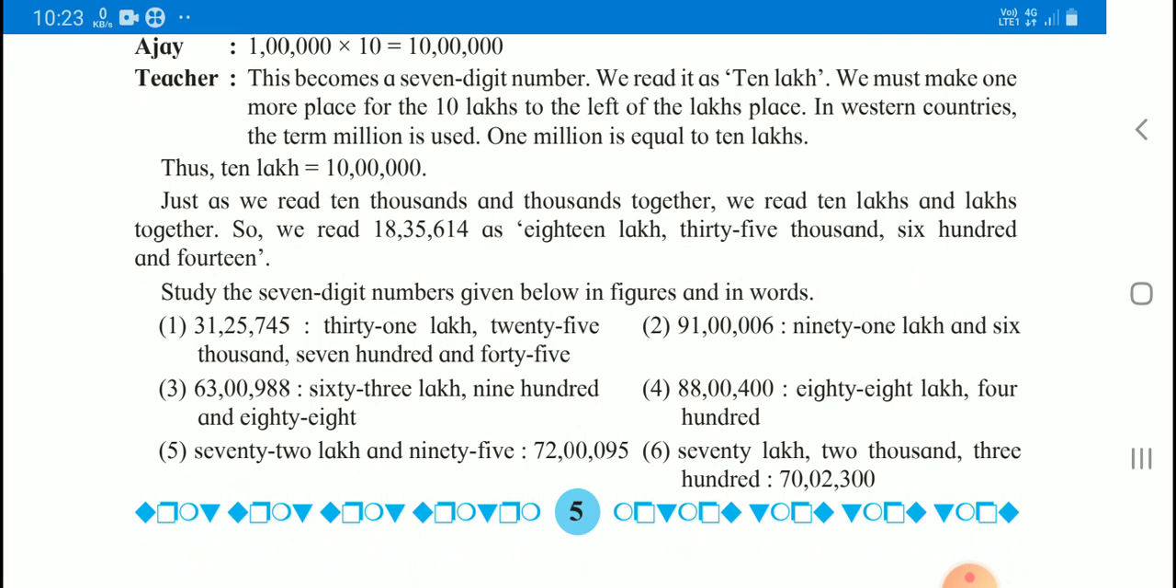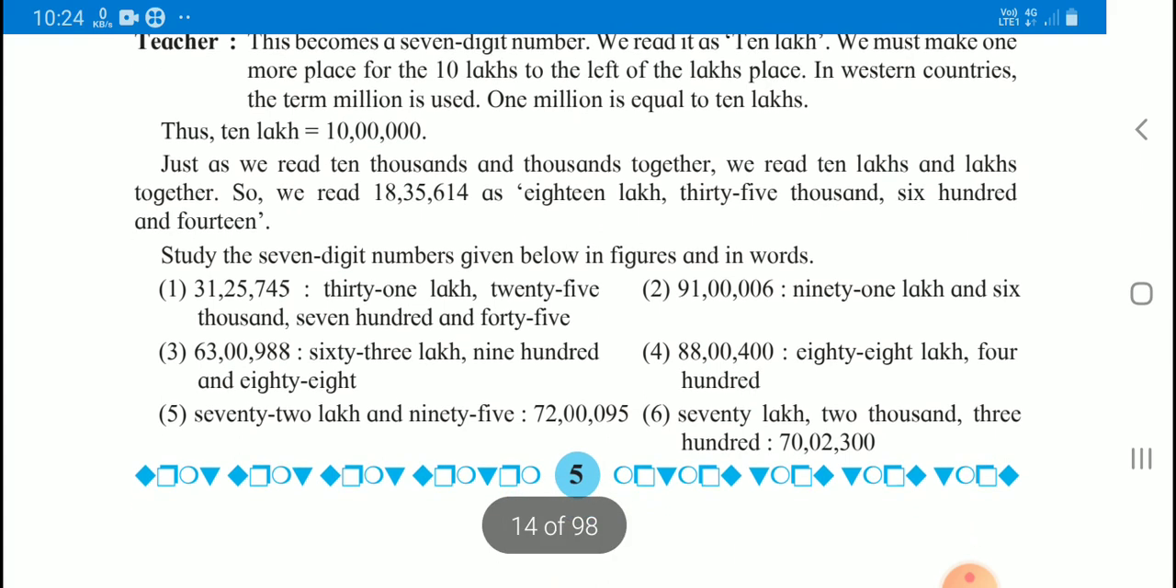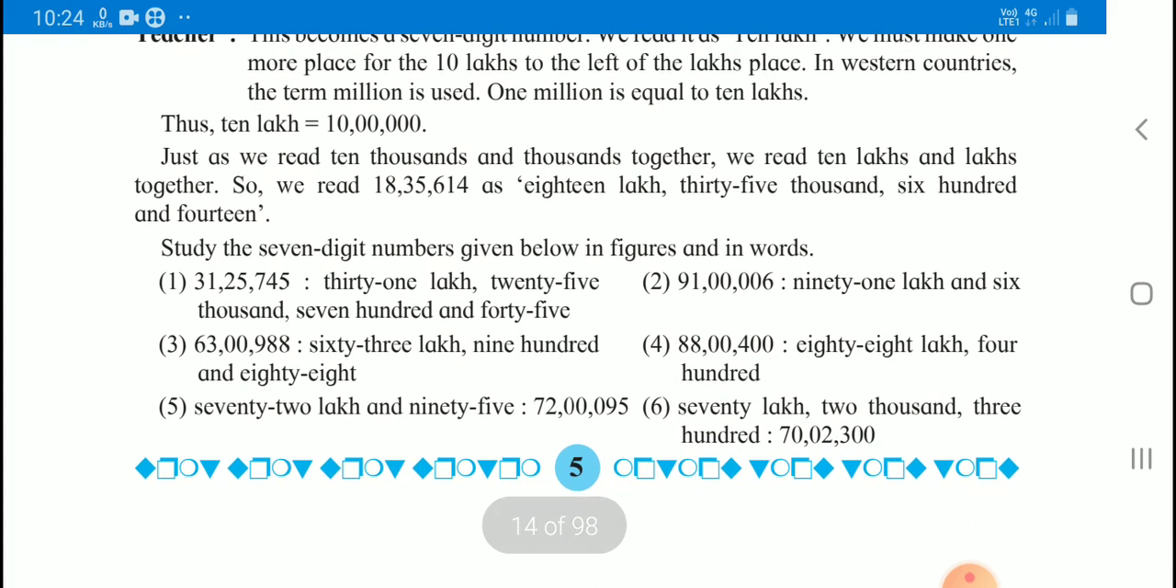So we read 18,35,614 as 18 lakh 35,614. Now we'll see some more numbers from your book. Here they given the 7-digit numbers and they had written these numbers in words. First number we will see, that is